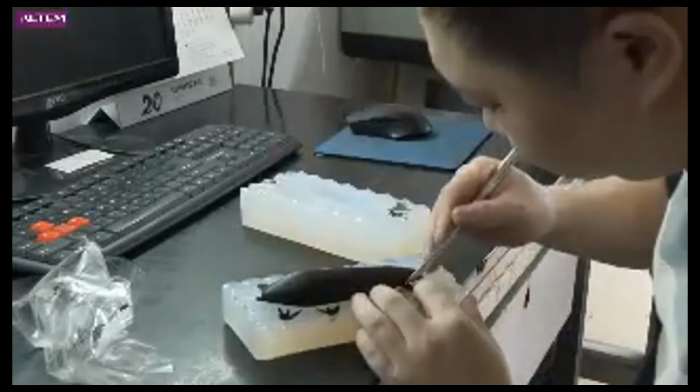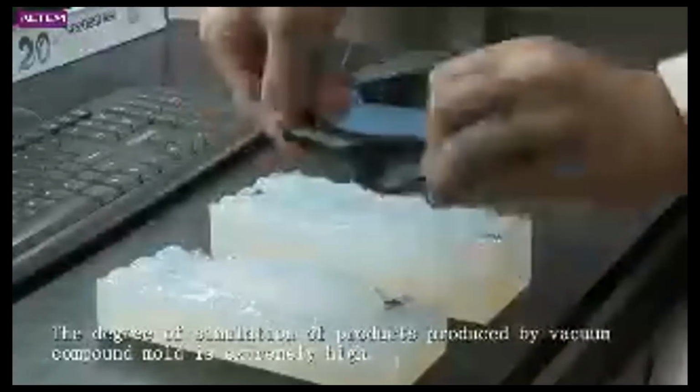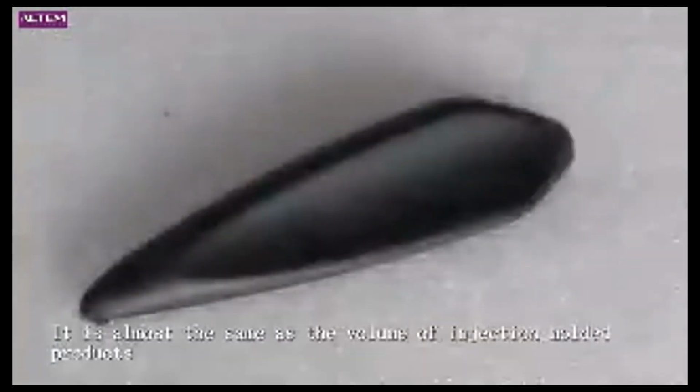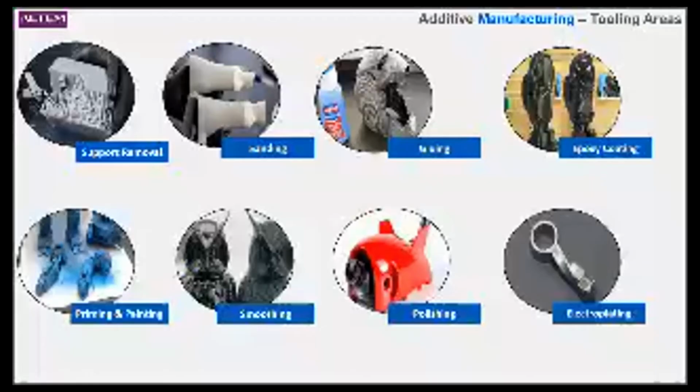So as you can see, this is how the part is taken out, and this is a polyurethane part. You can see that it simulates nearby the injection molded parts, and the density or the volume of the material is similar to the injection molded parts. So we can use a combination of 3D printing, a combination of vacuum casting, and we also